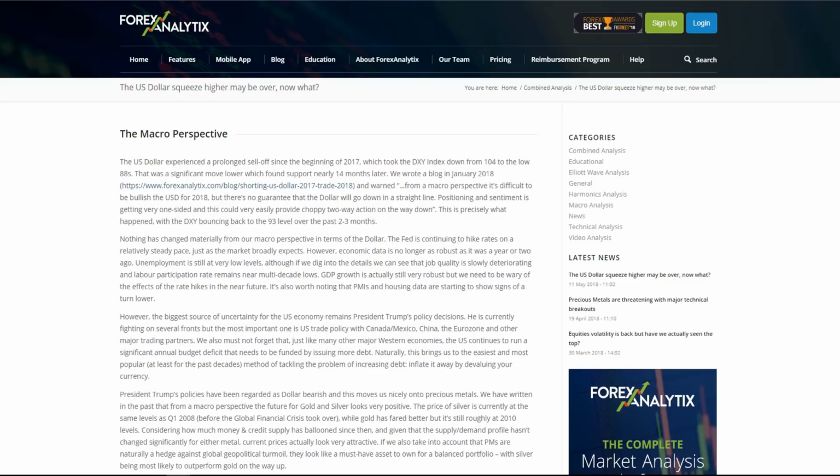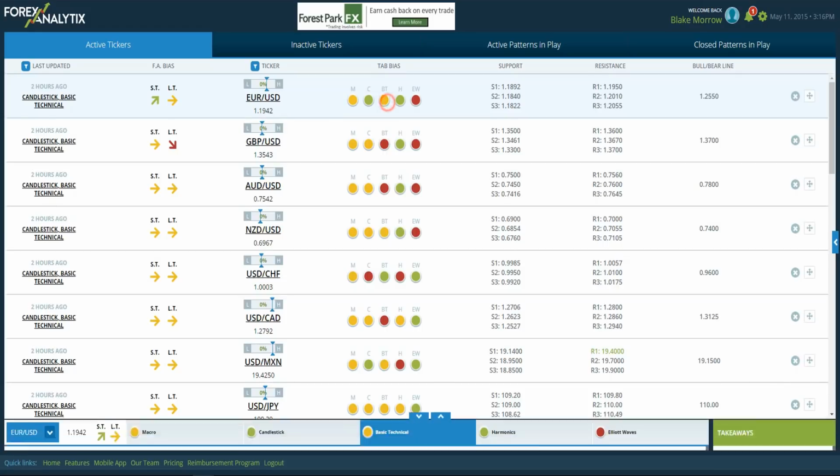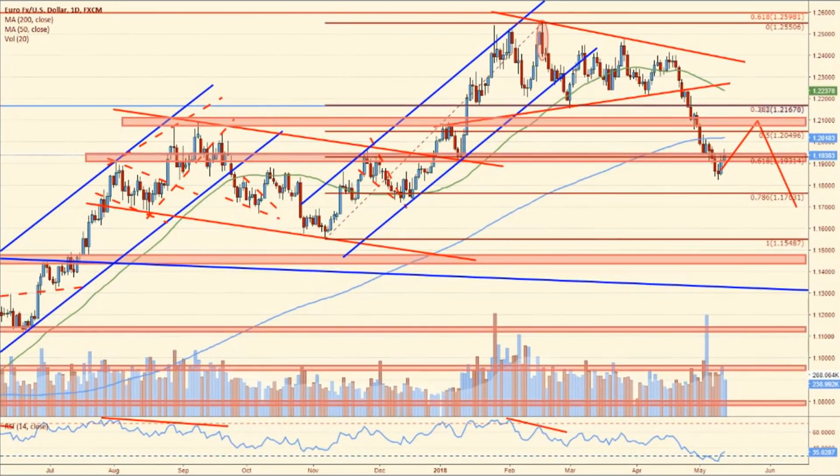All right. And the point I want to make here is the euro may be trying to find some sort of bottom. And if you've been listening to the week ahead videos for the last 4 to 6 weeks, I have been looking for the dollar to bounce. Even though I'm not a long-term dollar bull, I did feel that the dollar was going to bounce, and that did happen. The euro sold off, and you can see that we've come off quite aggressively the last couple of weeks. And now the question is, well, what happens after this?